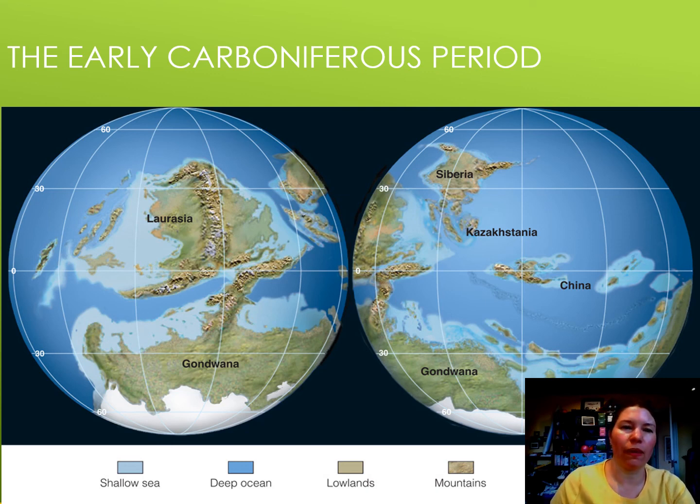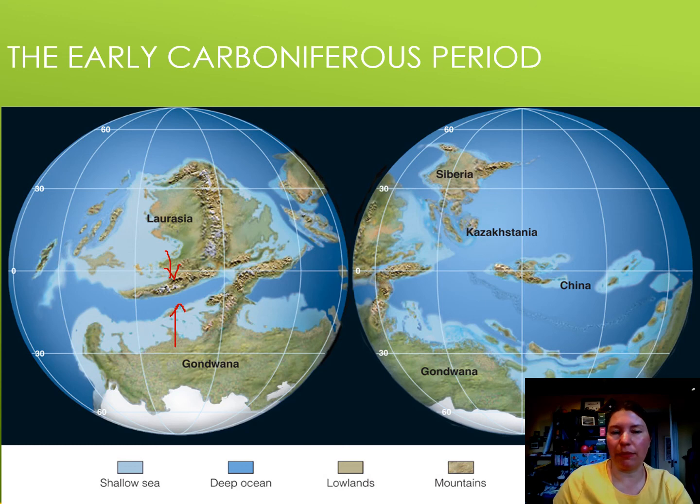As Gondwana moved over the South Pole, extensive continental glaciers formed, and for the early Carboniferous, at least for the Mississippian period, sea levels rose and fell. So Gondwana began to collide with Laurasia, so the Iapetus Sea is continuing to close more and more as Gondwana is getting closer and closer to Laurasia, and this set off a series of orogenies worldwide. So we have an orogeny going on here, we have some going on here. So we have a lot of mountain building during this time period.